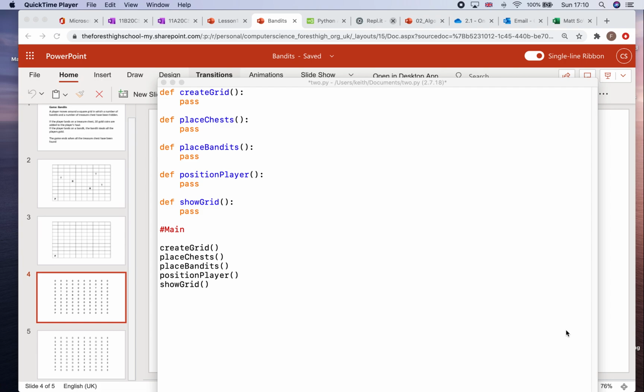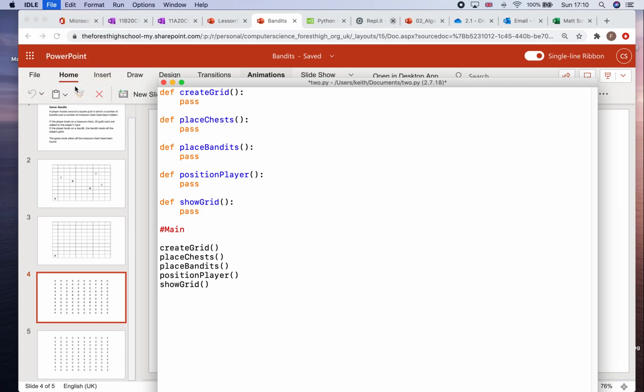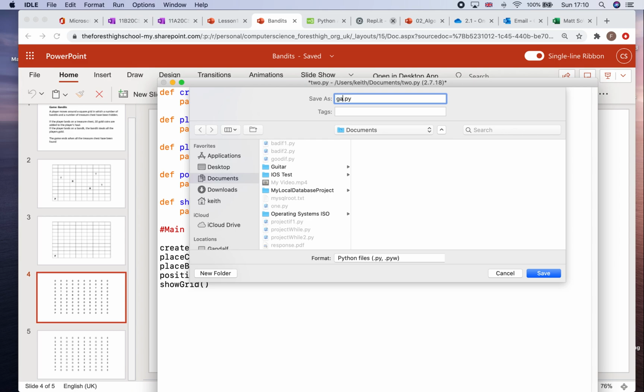So at the moment we've got something that I actually hope works. It's not going to do anything. We need to start filling in some of the detail here. But I'm hoping it works. The thing that I need to do is to actually save this program. Well, save as. I'm going to call it game.py